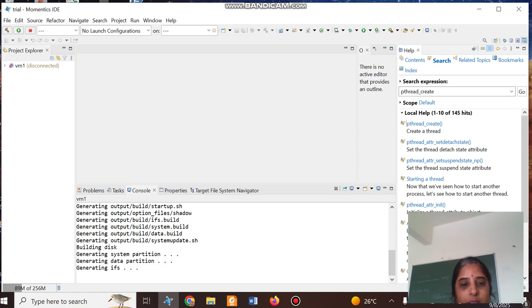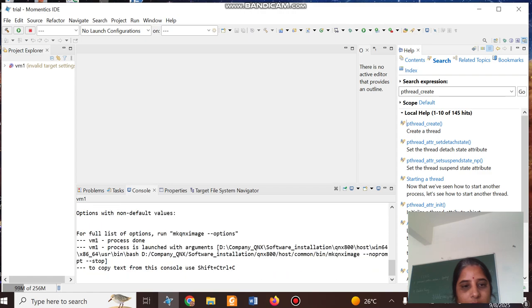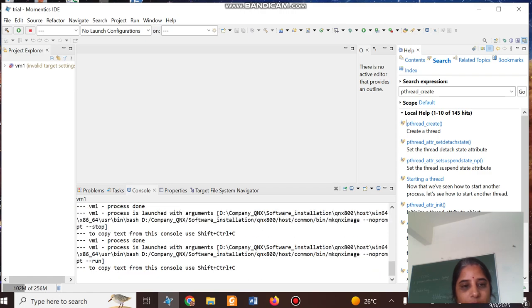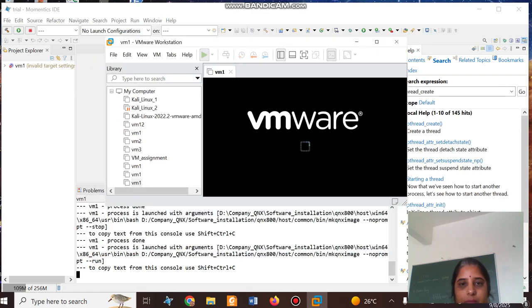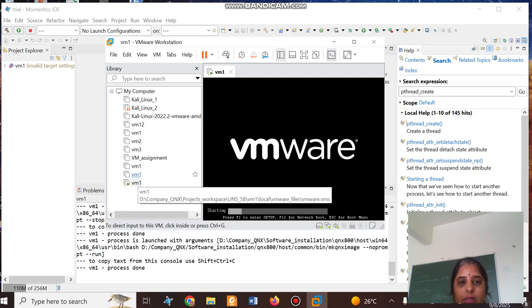In the backend, it connects to VMware. You can see that the VM1 process is done, which launches VMware. Automatically, the operating system is also generated.